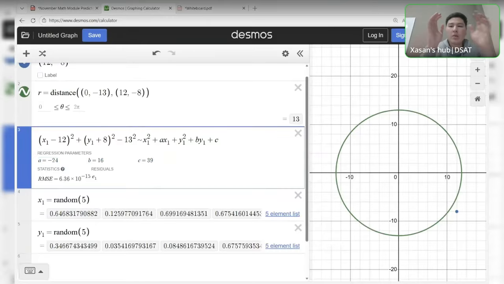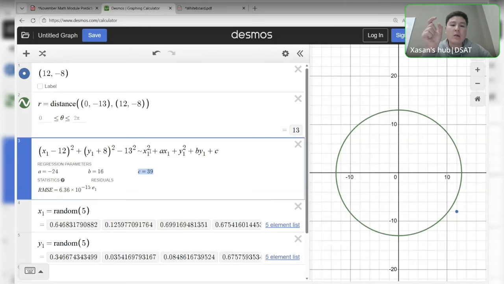Yeah guys, I saw that some of you are still getting the answer 31, but the point is there are no correct values of a: that's showing a 29, b 1, c 1, but actually a must be negative 24, b 16, c 39. And guys, this is going to be our correct answer. So guys, is this now clear?